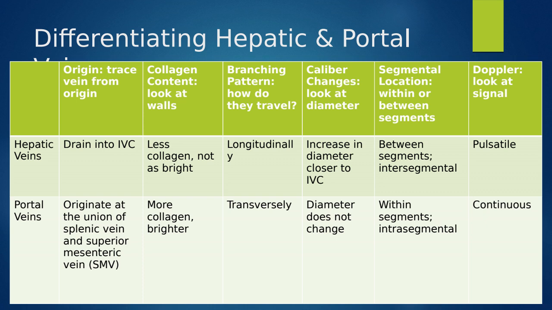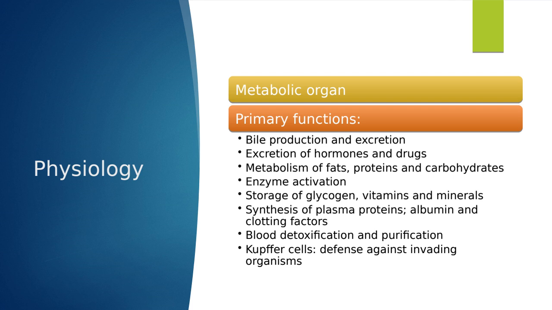So, physiology of the liver. What is the main purpose, the main function of this liver? It's usually going to be referenced as a metabolic organ. So the primary functions are going to be to produce bile and help secrete bile, with that close relationship to the biliary system, excrete hormones and drugs filtering through our body, metabolism of fats, proteins and carbs, enzyme activation, storage of glycogen, vitamins, minerals, synthesis of plasma proteins, albumin and clotting factors that are necessary for our cardiovascular health,